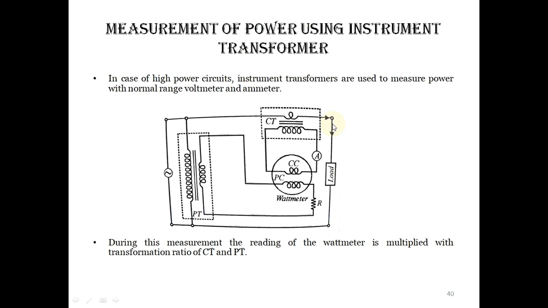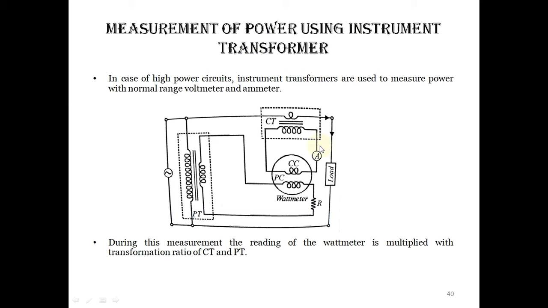This is the circuit connection. Already a few of you have done the lab, but still let me explain this. This is your high voltage power supply, high voltage line, high power circuit. Now first of all, if I have a wattmeter, then why should I use instruments such as CT and PT? Because the wattmeter alone has some error, and if you insert it with other instruments like CT or PT, they do not serve any actual purpose in that ratio, but due to their loading effect, errors are increased in the system.